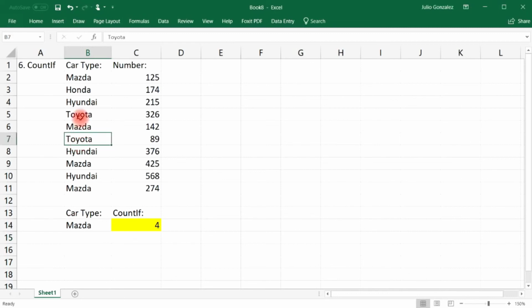Now I only have 2 Toyota vehicles in this list. So if I change it to Toyota, I will get 2. And so that is the COUNTIF function. So instead of counting all the car types that we have here, which should be about 10, if we use the count function, the COUNTIF function allows us to count a certain selection in that list. It can allow us to count only the Toyota vehicles or only the Mazda vehicles. And so that's how you can use the COUNTIF function in this example. Next up, we have our next function,